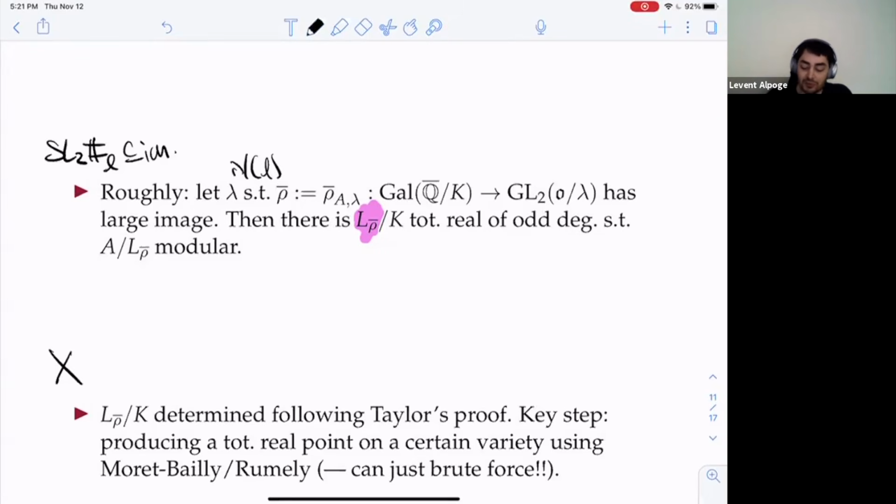So he writes down a moduli space of such abelian varieties. And by what I just said, we would be done if that moduli space had a K point. But unfortunately, who knows if that has a K point. But Taylor's great realization is it's easy to show varieties have totally real points. The question of whether or not a variety has some totally real point is a local question only. That's one of these positive results towards Hilbert's 10th problem over so-called large fields. So he uses a theorem of Moret-Bailly, but it goes back to Rumely, and before that, the beginning theorem in the subject is Fekete and Szegő's theorem, and then for totally real algebraic integers, Raphael Robinson's. So the point here is just that